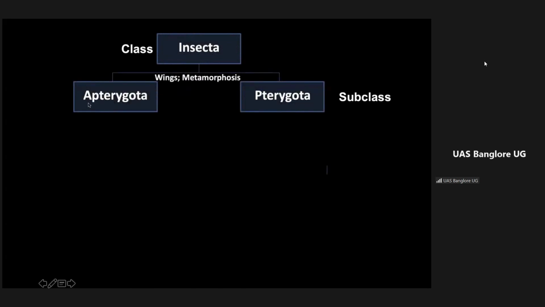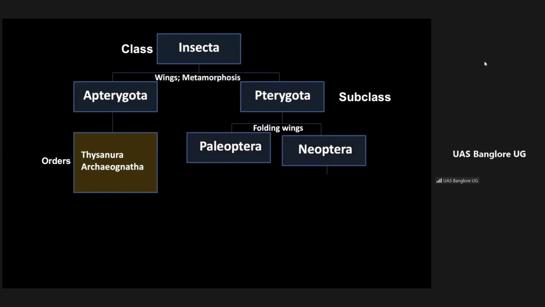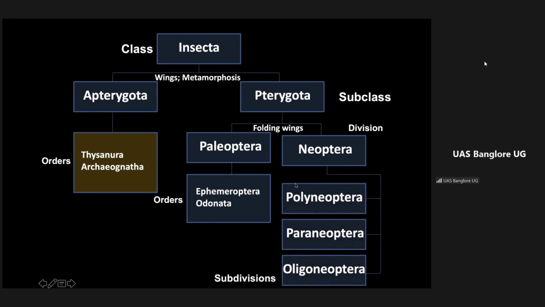We have Apterygota, which means wings are absent, and Pterygota, where wings are present. Pterygota is grouped based on the presence of a wing flexing mechanism, or folding. We call them Paleoptera and Neoptera. Paleoptera means primitive orders, Ephemeroptera and Odonata. Neoptera include all the other insect orders, like Polyneoptera, Paraneoptera, and